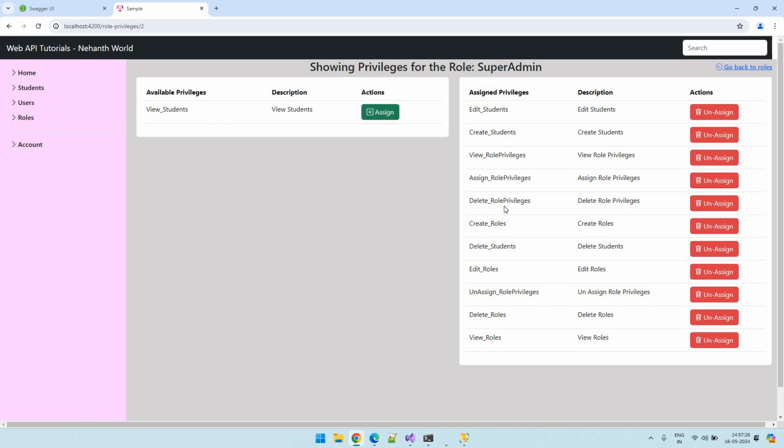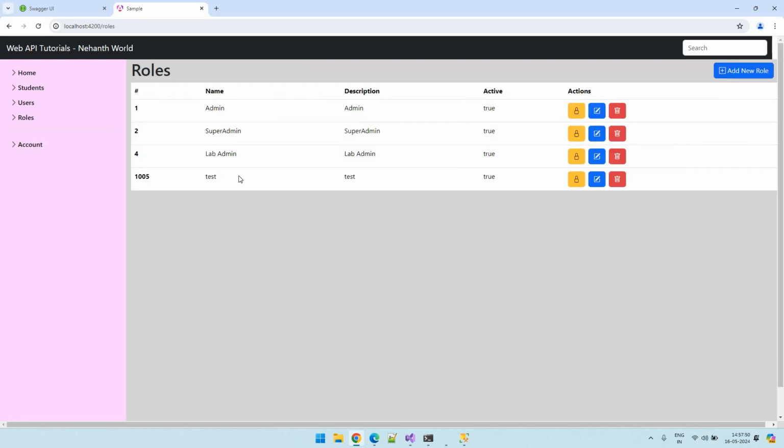Okay. It is a very simple and intuitive UI. You can simply see these are the privileges for super admin, and these are the available privileges, and these are the assigned privileges. We can also think of these as the unassigned privileges and these as the assigned privileges. This is a very simple UI. You can simply go back to the UI here,